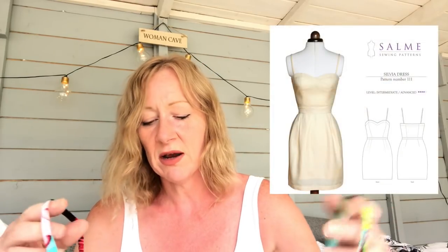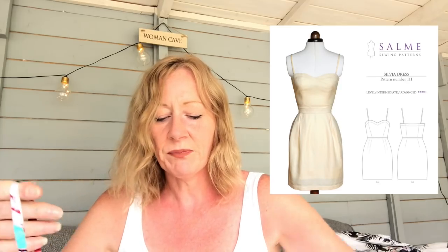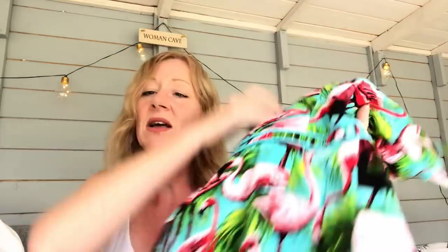Now I also made this dress. Now this is a little bit of a fail. This is, I think it's Salme patterns. I think they're an Australian company, and it's their Sylvia dress, and I've wanted to make this for a while now. I made it out of this really lovely flamingo, because I'm all about flamingos. I love flamingos. Made this out of some flamingo cotton poplin that I had in my stash,